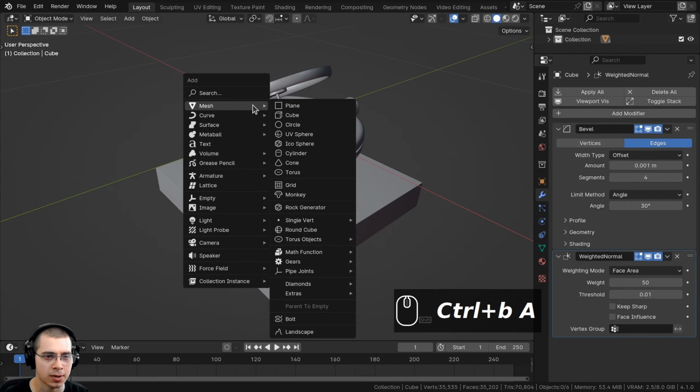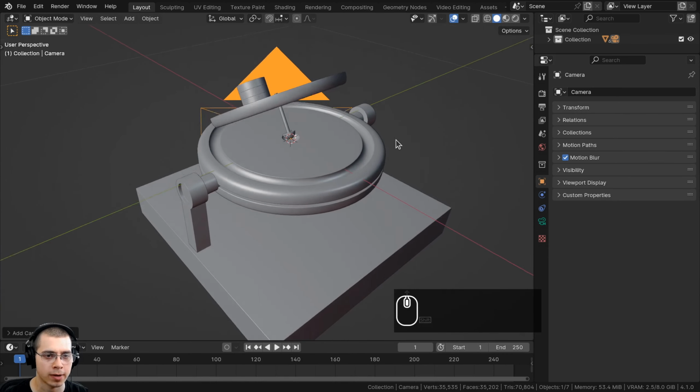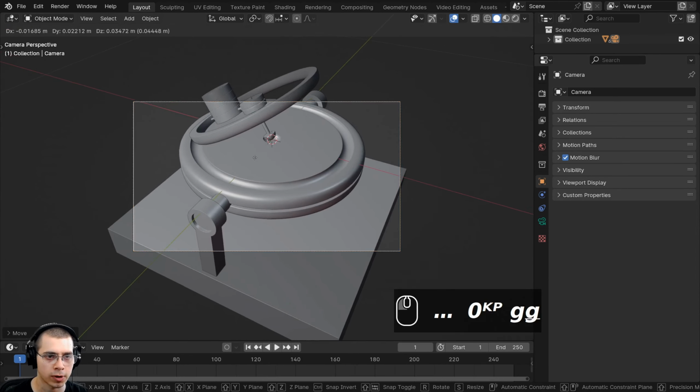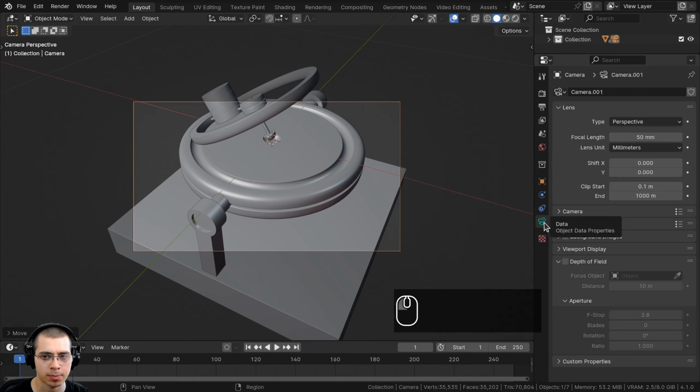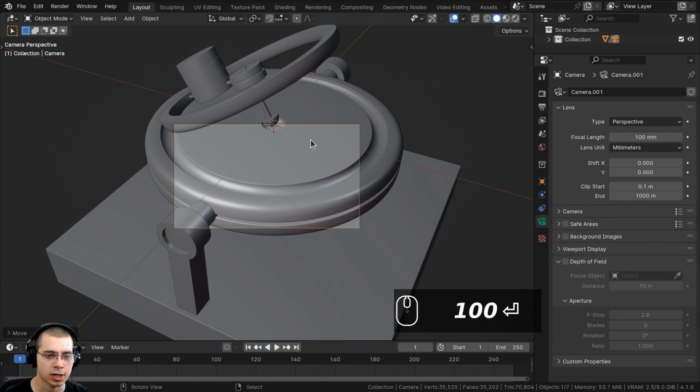So I'll go to the add menu, and let's just go down here to camera. We'll just add a camera, and then I can move my view to wherever I want the camera to be. And then I'll press Control Alt Numpad 0. Control Alt Numpad 0 will bring the camera to where we are. And then if you select the camera and go to the object data properties of the camera, this focal length here, I'm going to turn that up to like 100, and that's going to zoom the camera in and make everything look a bit more flat.